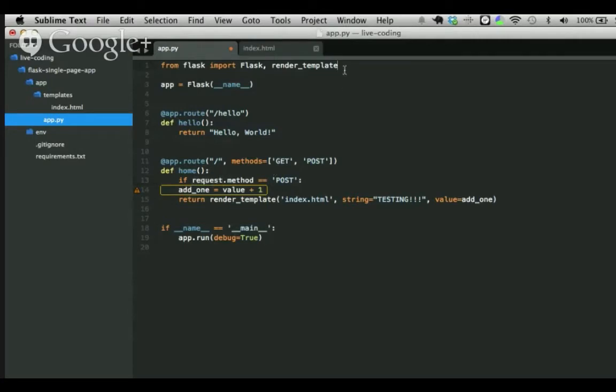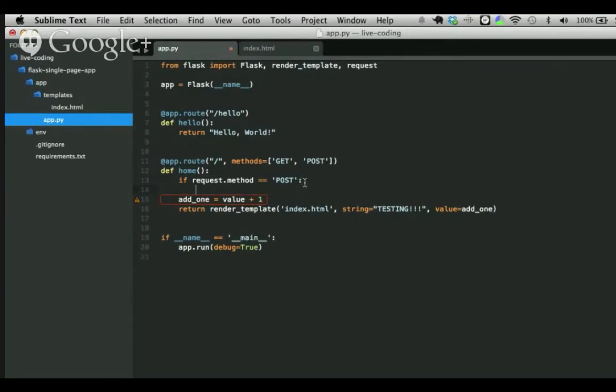We want to make sure that we import that object in, just up at the top here. And so if it is a post request, then we need to grab the value that's going to be submitted by the user from that form. So we can say value equals request.form, and this, we'll say number there.